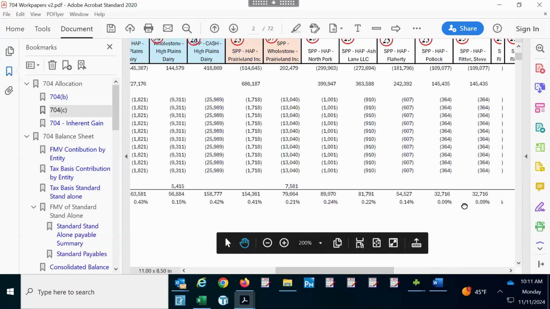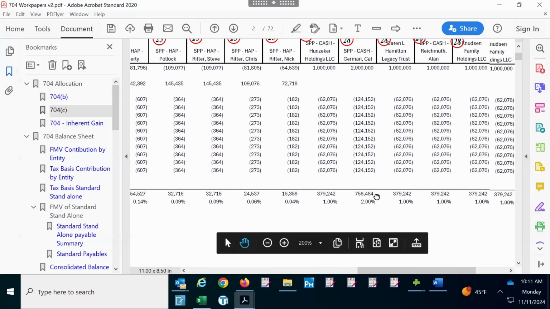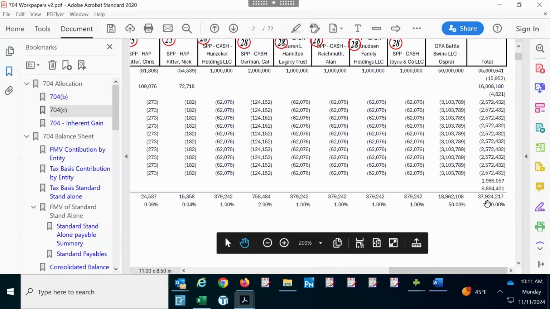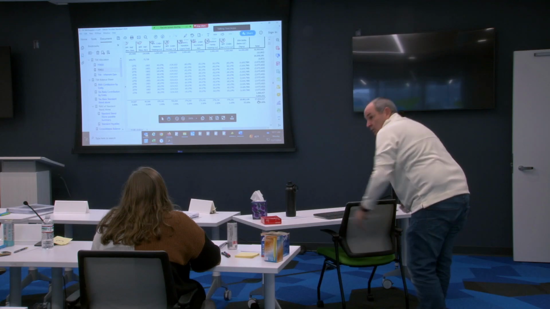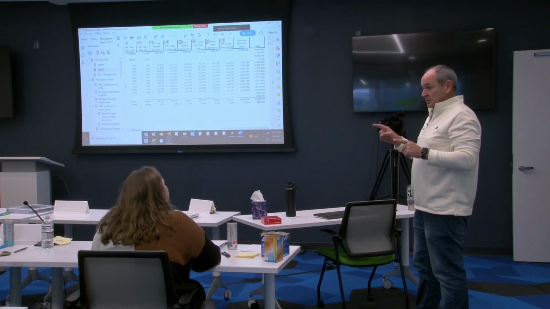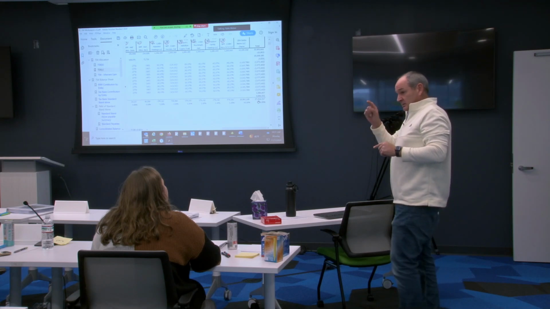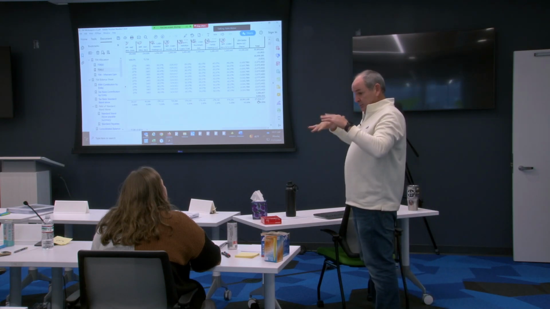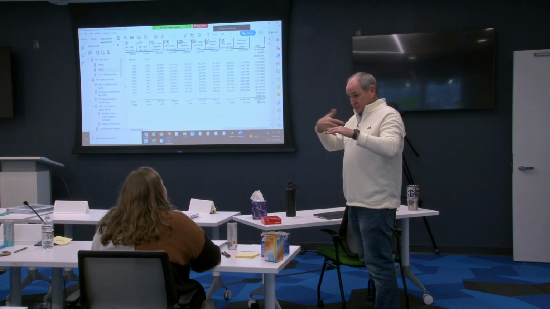14,947, and I'm not going to make you do this math, happens to be 39% of 37,924. So the point, what it's trying to drive at, is the difference between your 704 account. It's not proportional to what our ownership interest is. But these allocations, and we're going to segregate allocations into two categories as we go. One is Hoffman and I were 50-50 in our partnership agreement. We agreed, and I want to underscore, we agreed to a 50-50 split.